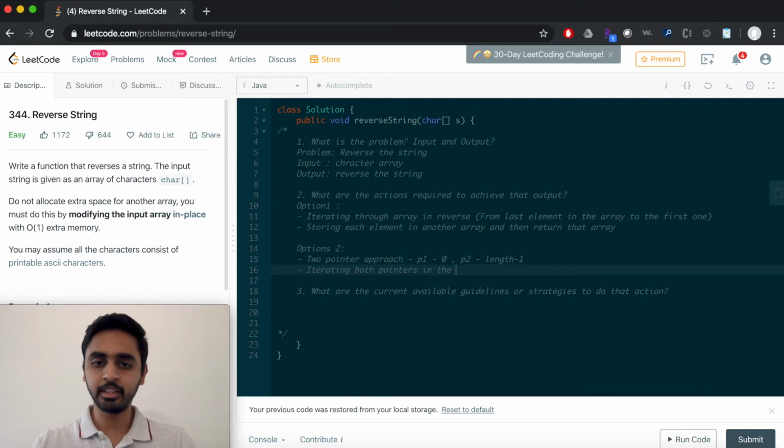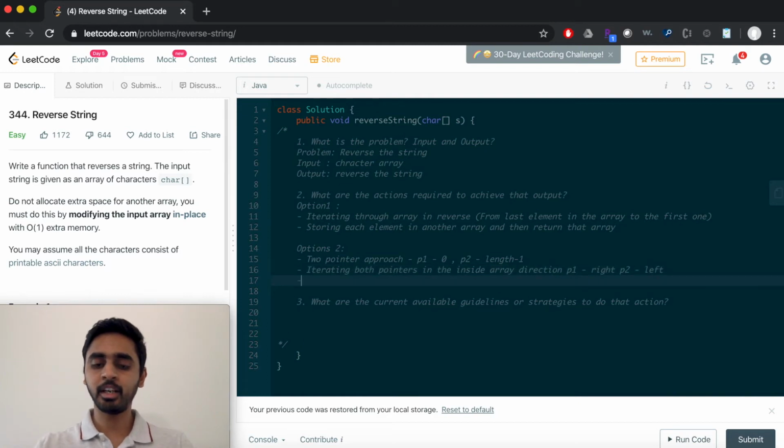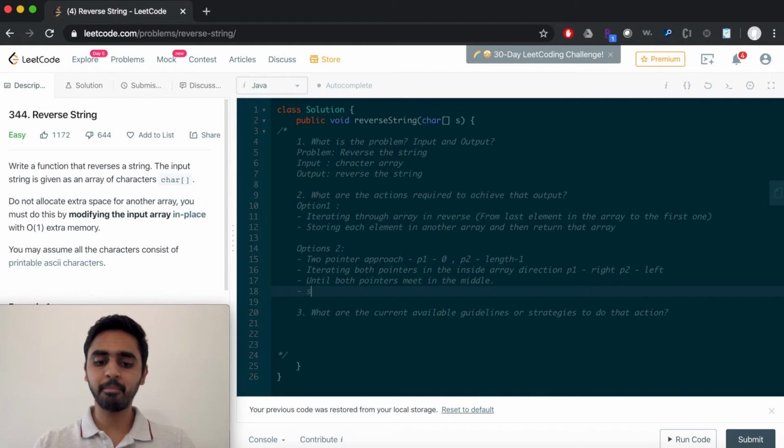inside the array direction. So first, iterating both pointers inside the array direction, meaning p1 is going to the right-hand side and p2 is going to the left-hand side, right? And then how much do we need to iterate? We need to iterate until both pointers meet in the middle, right? And then what we need to do at every iteration is swap the elements. So swap the element values